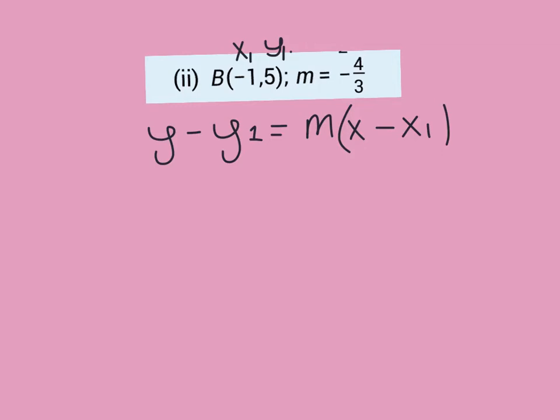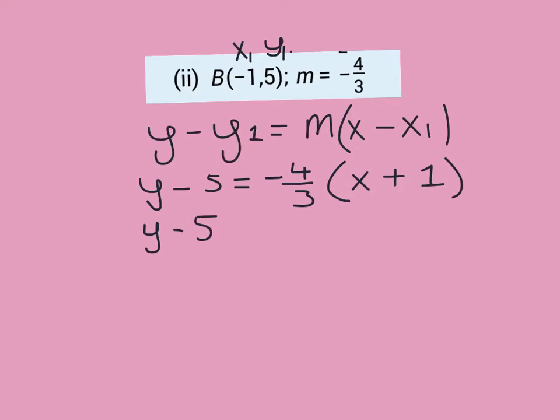So I'm going to go ahead now and substitute in the coordinates. So I have y minus y1, which is 5, equals m, which is minus 4 over 3, and then I have x minus 1, so minus by minus gives me plus. So I'm not going to write it out again, just going to skip that step. Then I'm going to multiply in that minus 4 over 3 just to make my life a little bit easier. y minus 5 equals minus 4 over 3 x